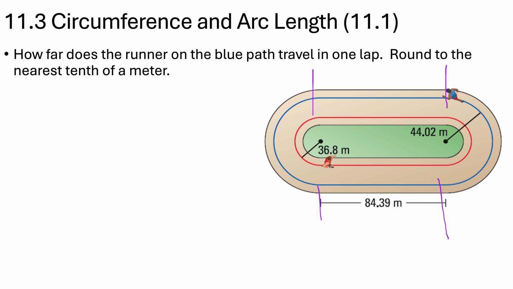Now what you have to do is find the circumference of this circle. Half a semicircle is this side and half a semicircle is this side. So if you find the circumference of this circle and add that to 84 times 2, then you will get the whole distance. So what is the circumference of this circle? The radius is given as 44.2. You can do 2 pi r and calculate the circumference.